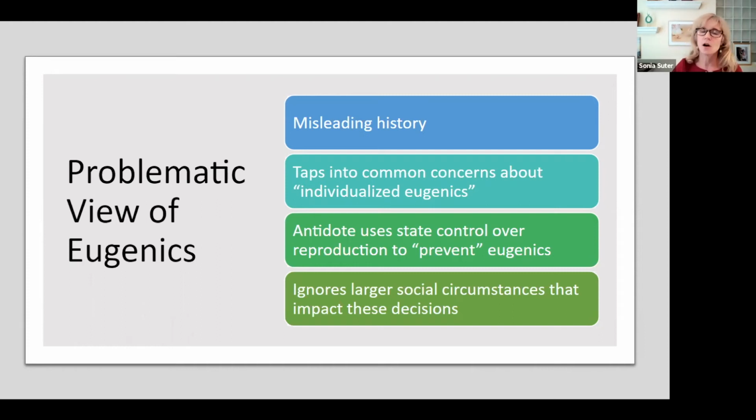And these laws are not enacted after considered analysis of the issues at stake. The legislatures didn't engage with genetic counselors, with ethicists, with the disability community, or other relevant groups to consider what do we mean by eugenics, what's problematic about eugenics, and how do we address those kinds of concerns.